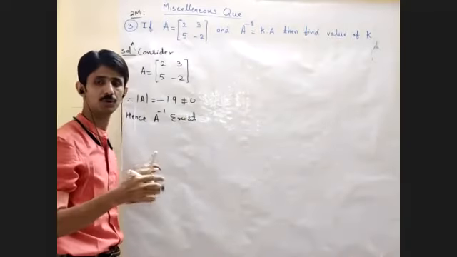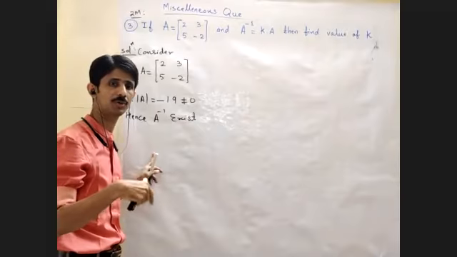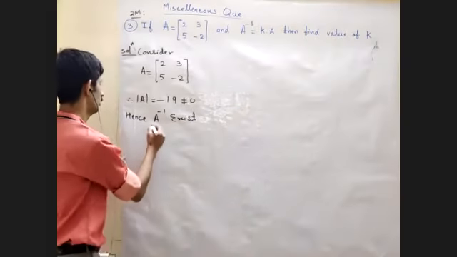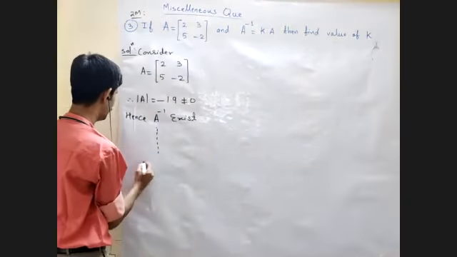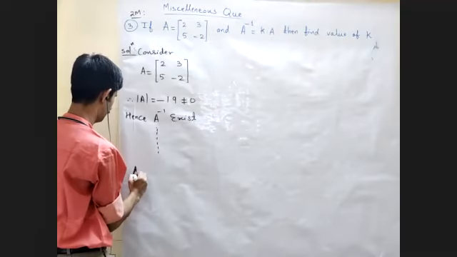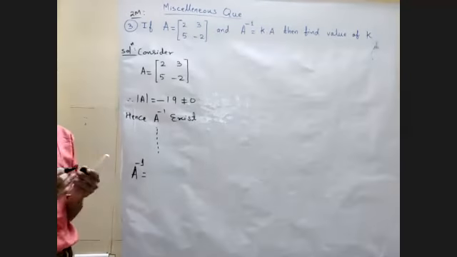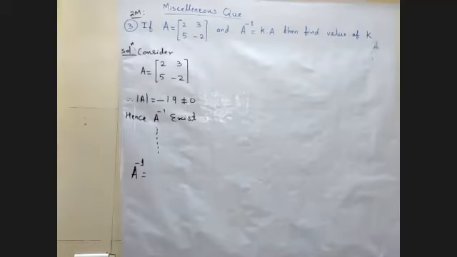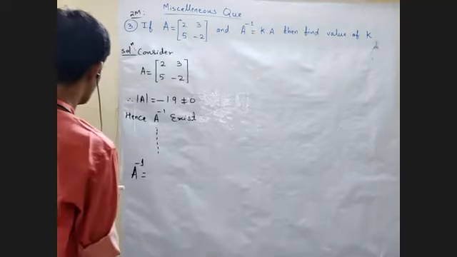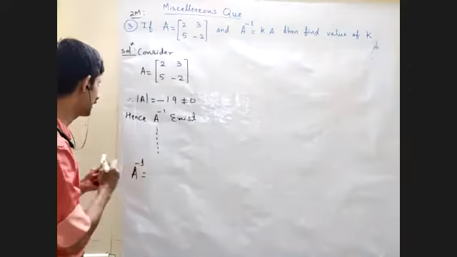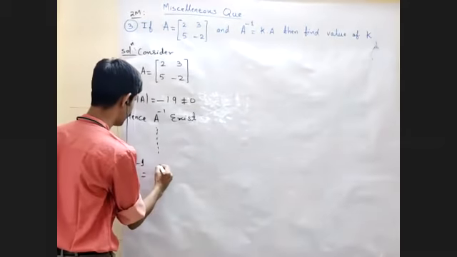Now there are 3 options available with you. आप row transformation use करो, column transformation use करो या adjoint method use करो. Solve and find out A inverse. चलो A inverse निकालो and tell me your answer. I give you time. हो गया कि please let me know. Okay. So when you will find out A inverse, जब आप A inverse निकालोगे, so you'll be getting this. I'm writing down directly.